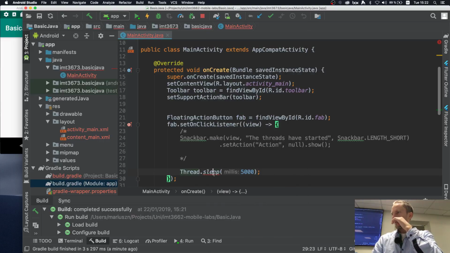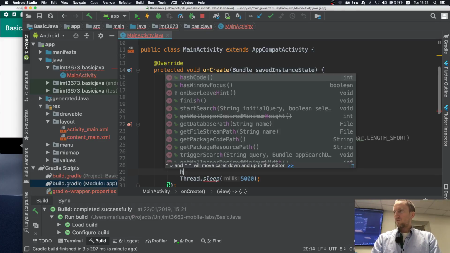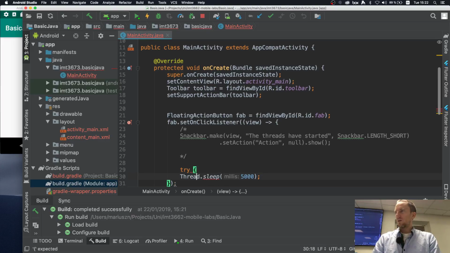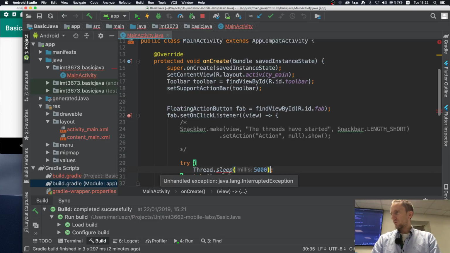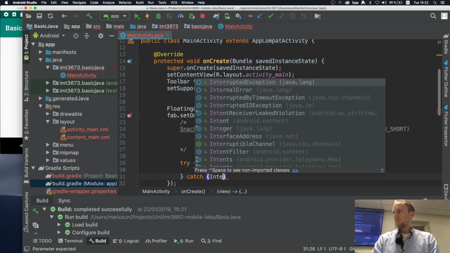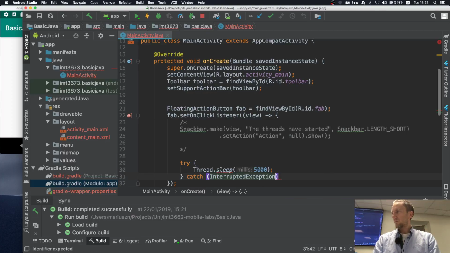And it complains that I don't implement the... I have to catch the exception, because while I'm sleeping, I may get the interrupt to wake up. So I have to catch the, what was the exception called? Interrupted exception, right? So interrupted exception, and then